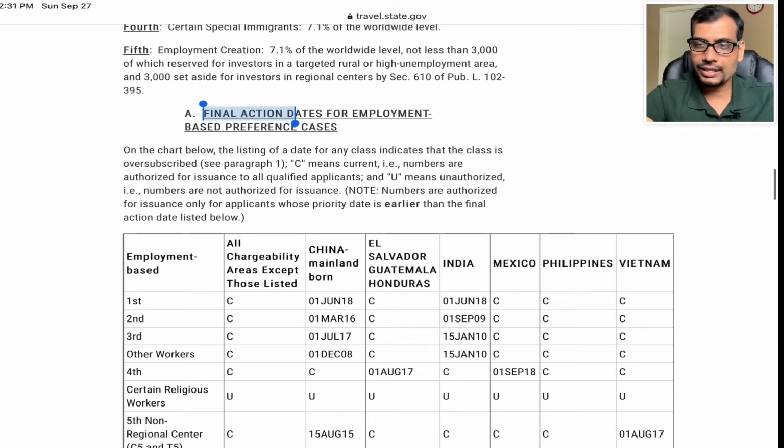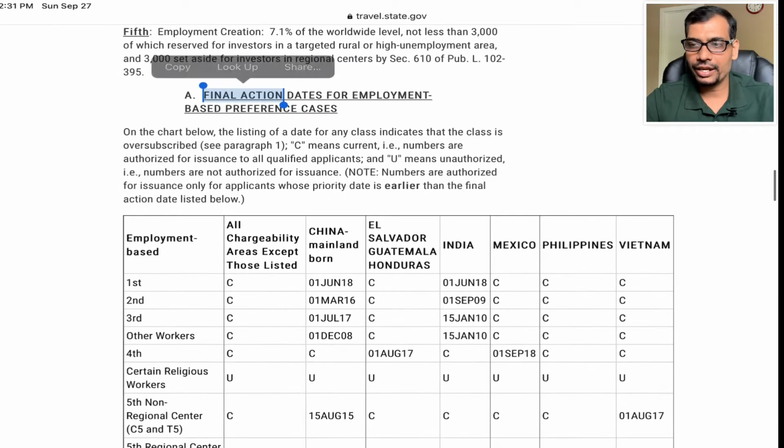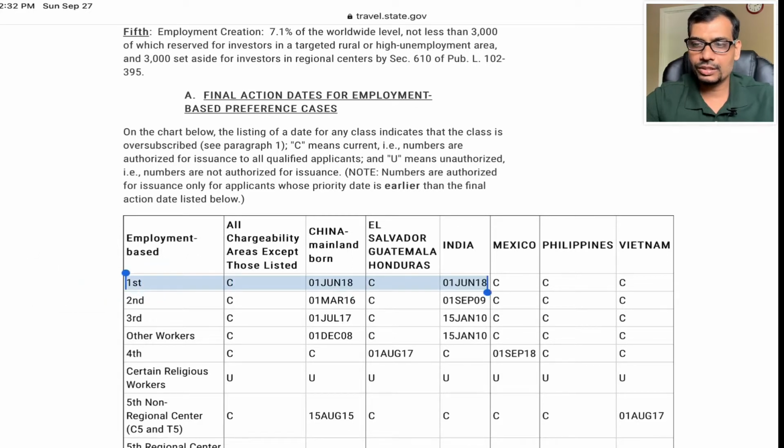The final action date is for the person whose date is current and ready for adjudication. So you can see from the India column, for the EB1, which is the priority worker, whether the priority worker is in medical science, research and development, or the multinational managers, the date for India has moved to June 2018.